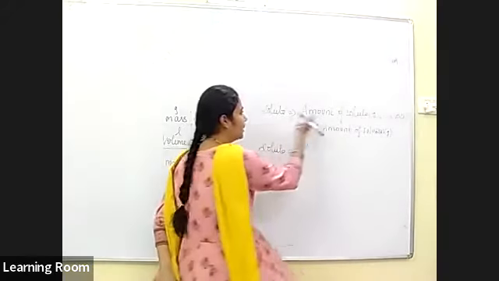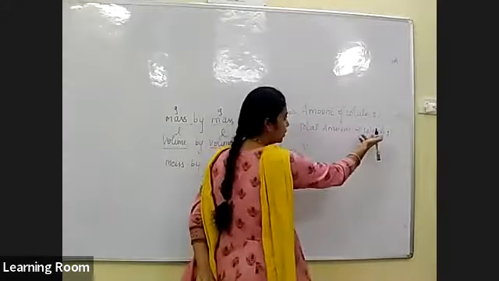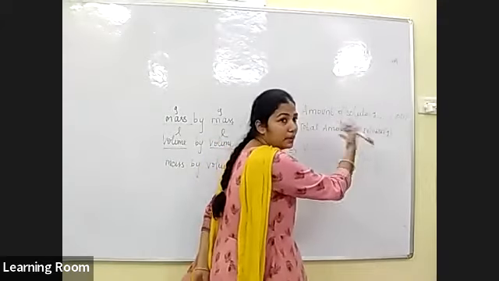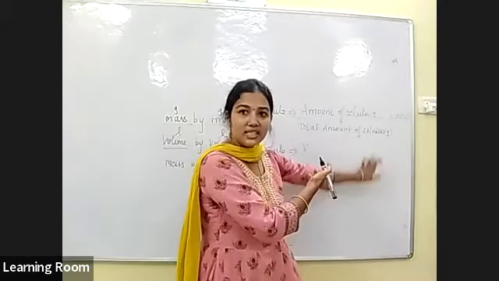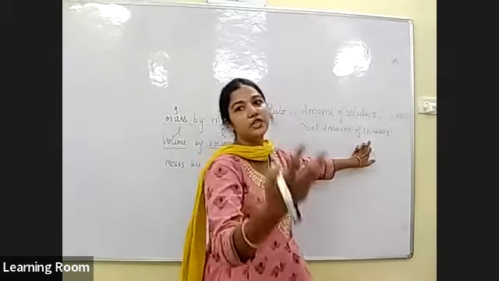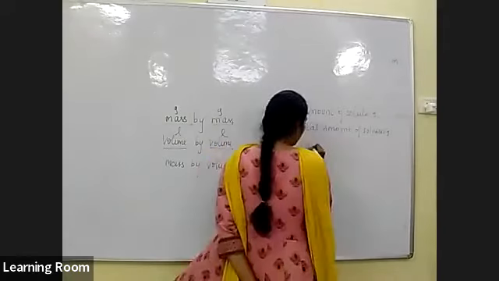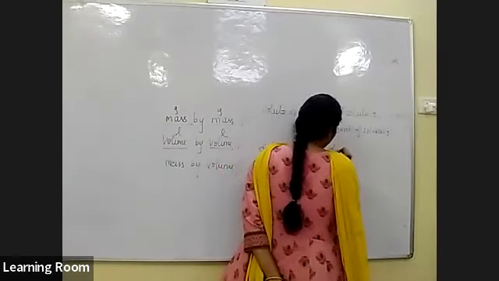We can put the amount of solvent divided by the total amount of solution. The solution is equal to solute plus solvent. So volume of solute is equal to volume of solute